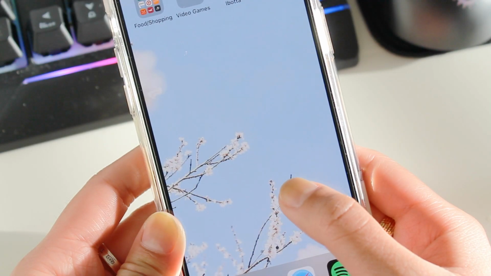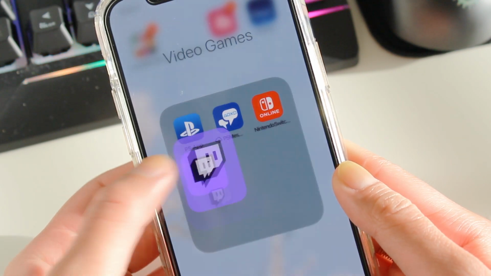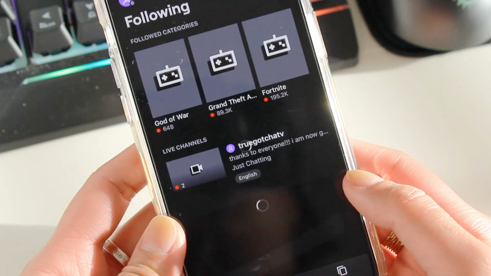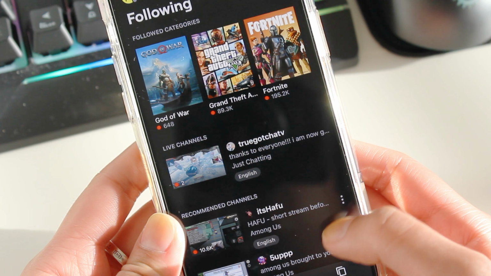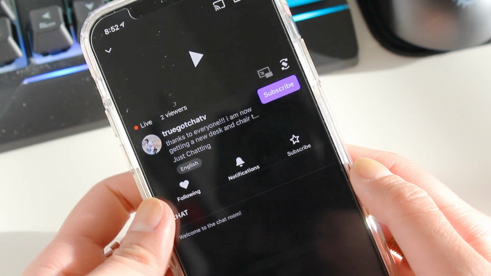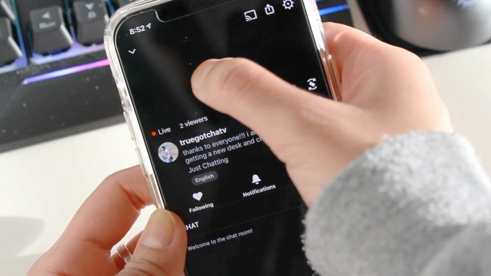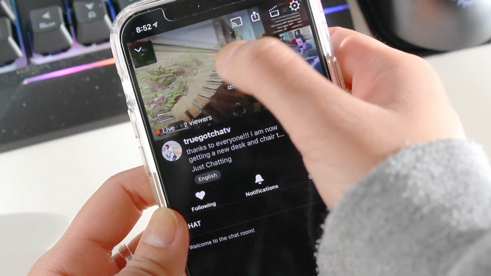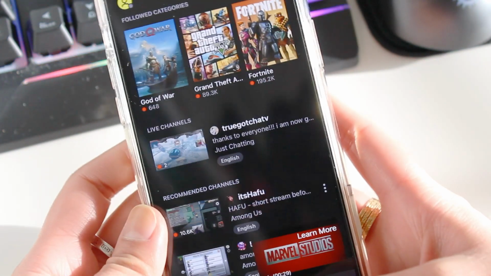So I'm gonna move on to video games, and I do play a couple video games, so I do have those on deck. But one app that I like to mention is Twitch, and you can pretty much multitask while browsing on Twitch. I'm just clicking on a random streamer here that's live, and one thing I love about it is, after this ad plays,